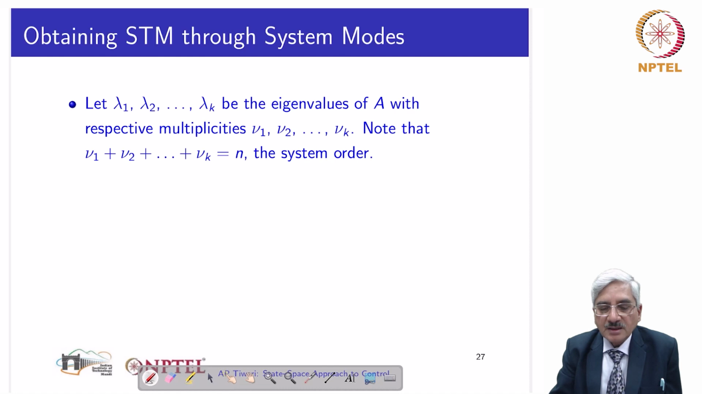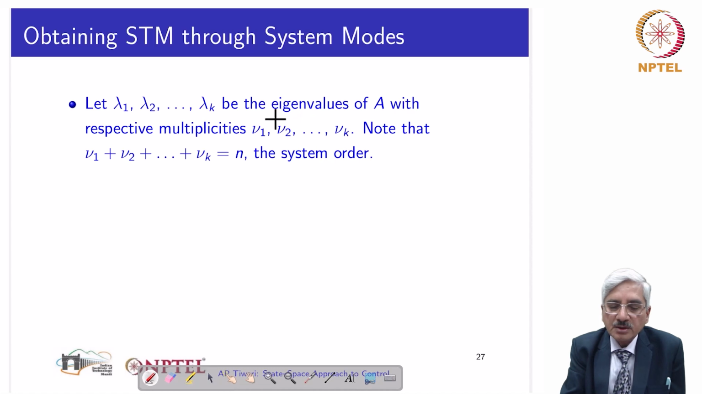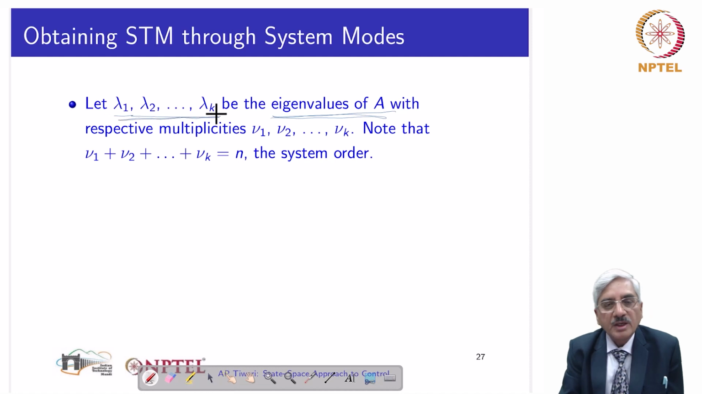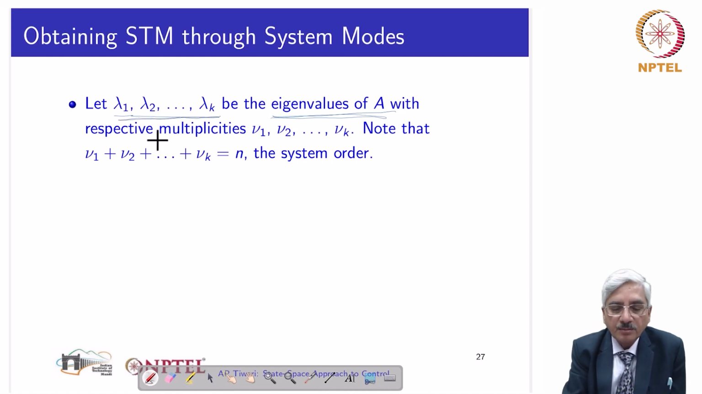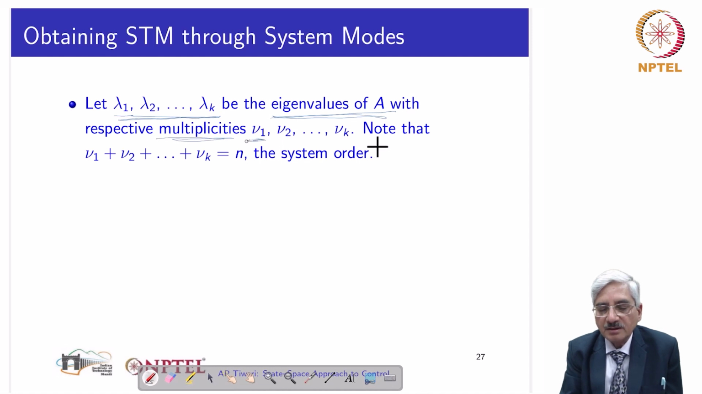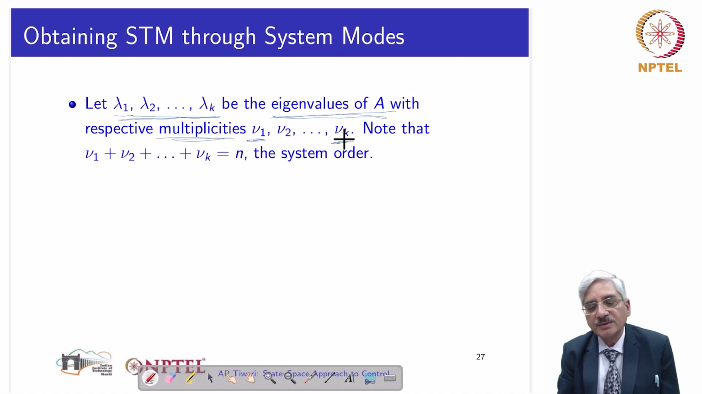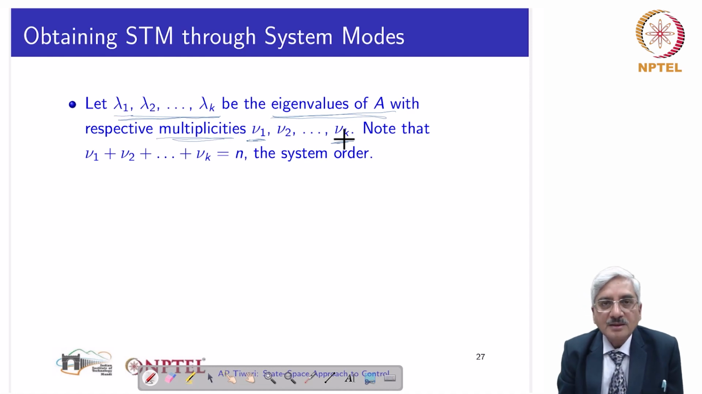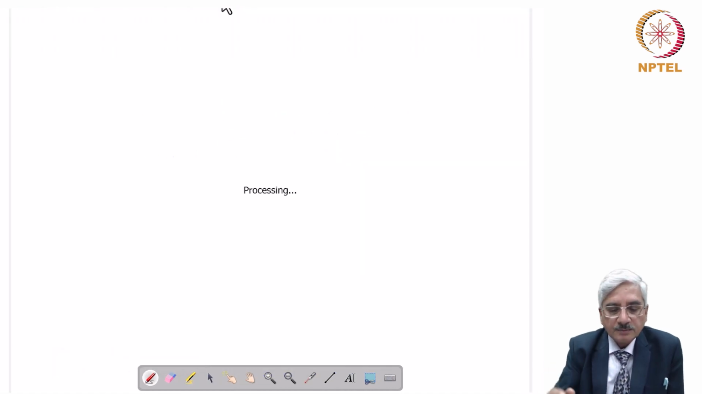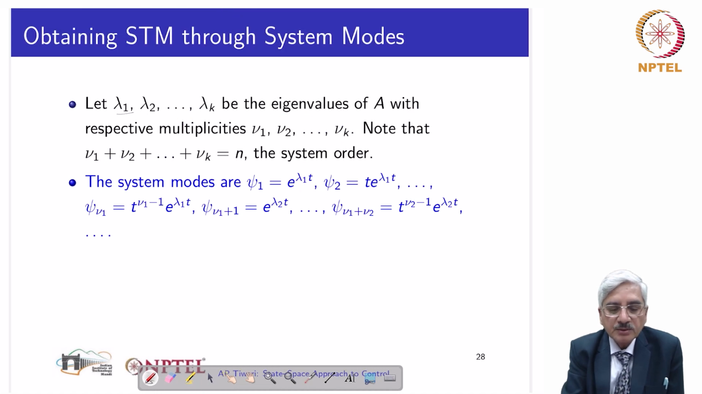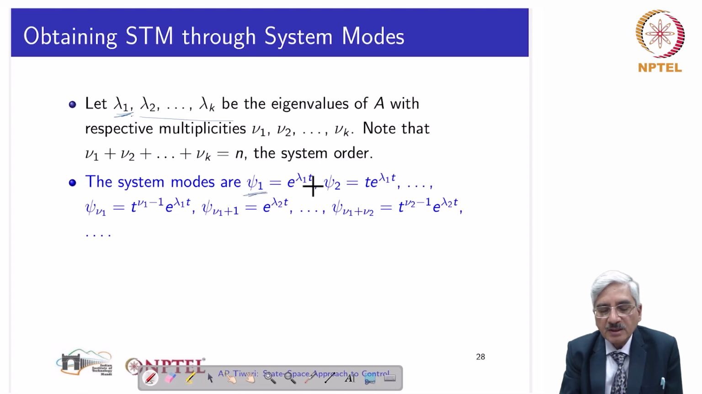Now, there is another method which is based on system modes. If the eigenvalues of the system matrix A are lambda 1 up to lambda k with respective multiplicities nu 1 up to nu k, then there is a method for calculation of the state transition matrix based upon the modes. So the modes are: if the eigenvalues are lambda 1 etc., then the first mode psi 1 is e power lambda